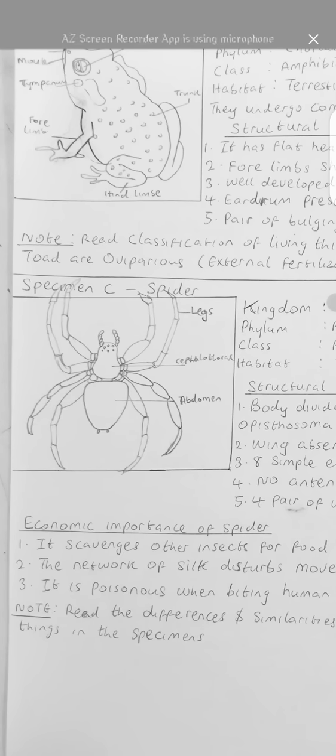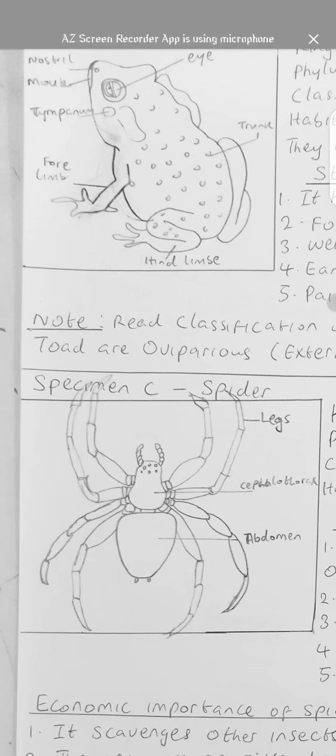We have the eye, the nostril. We have the tympanum. That's the eardrum. You can say eardrum, it doesn't matter. We have the forelimb. Okay. We have the trunk. We have the hind limb. Sorry, I put E there. There's no E in limb. Okay. So let's go to